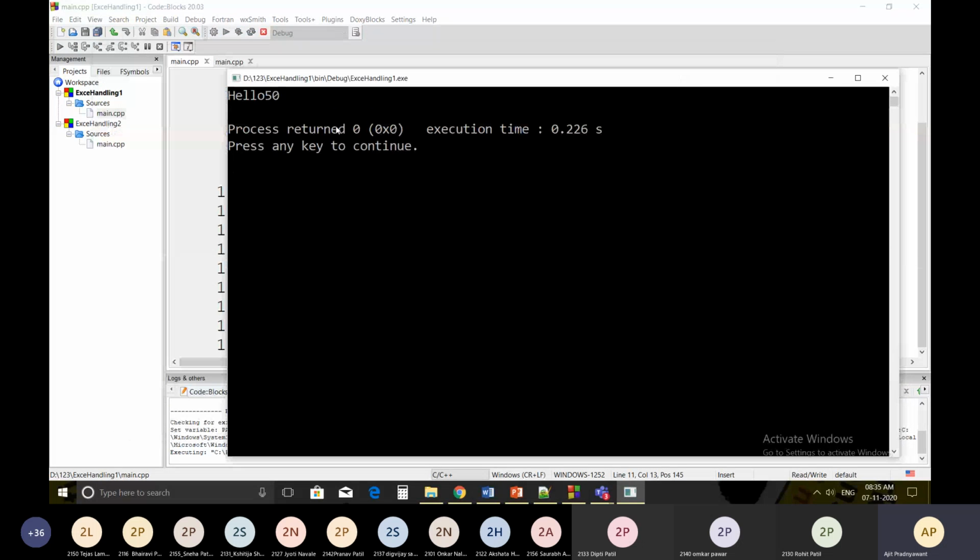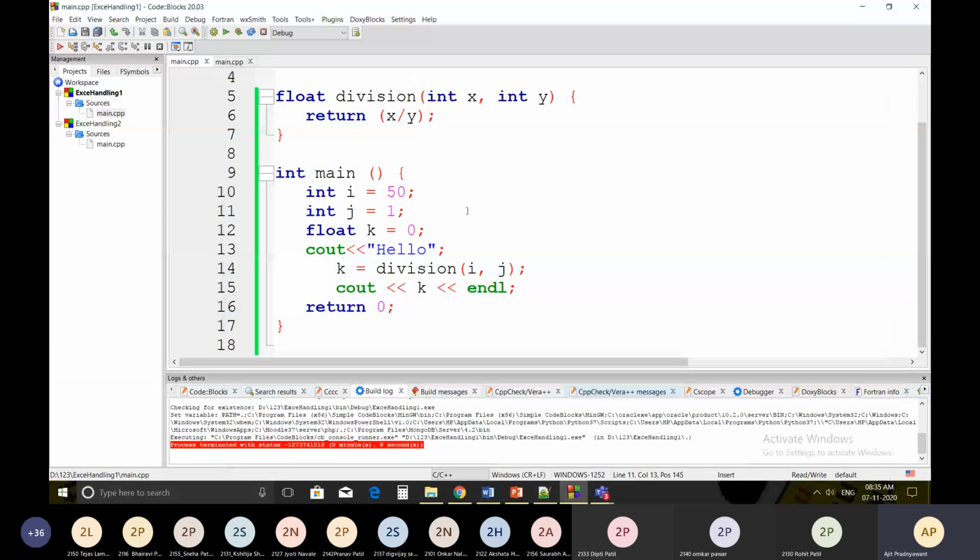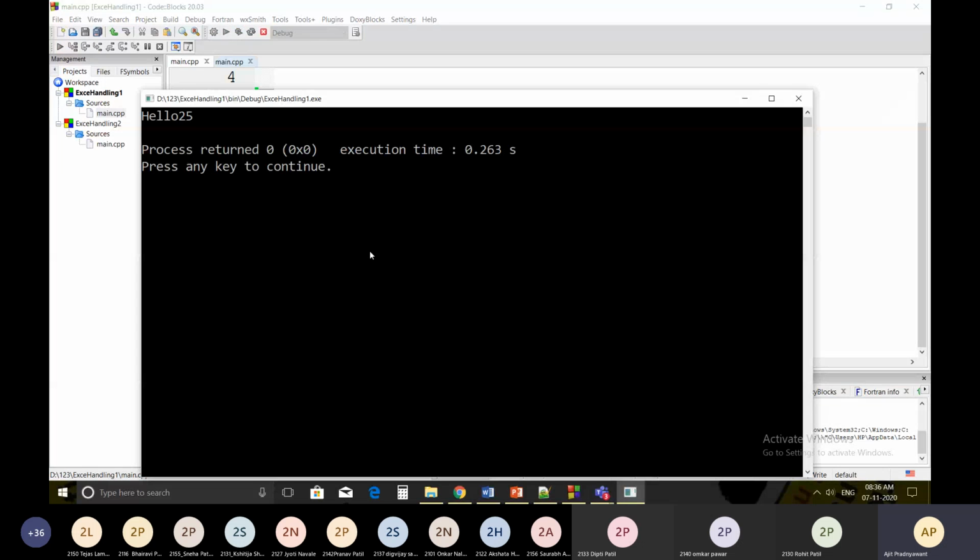The output of the code is hello 50. Suppose I send the variables 50 and 2. Let's see what will be the output. The output could be 25.